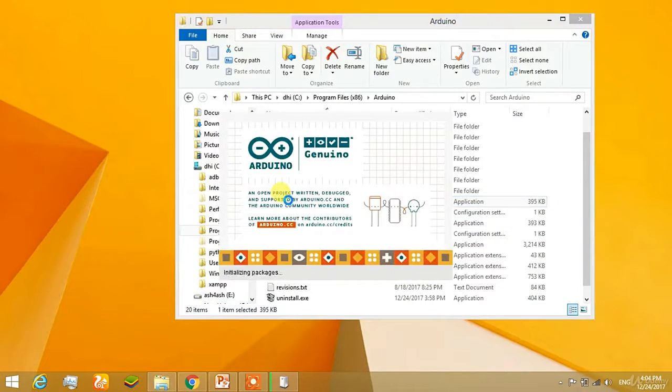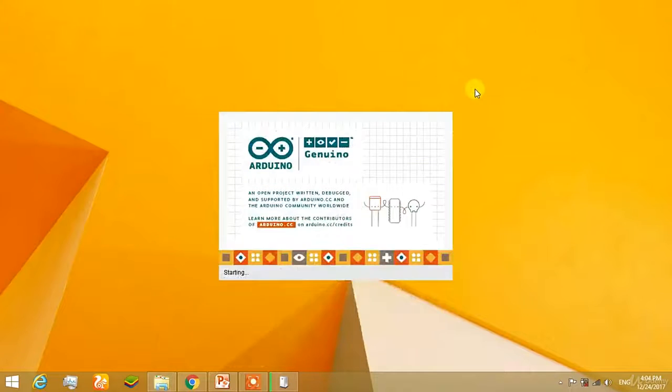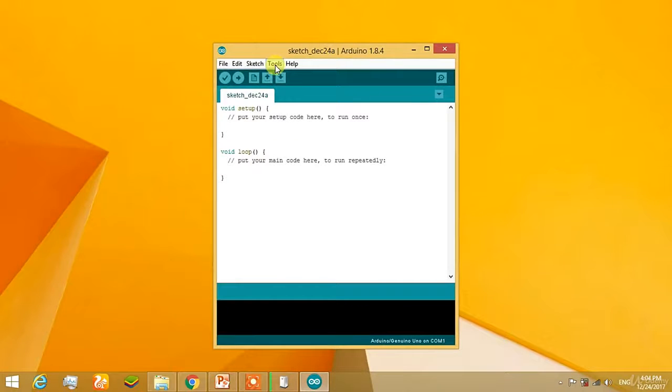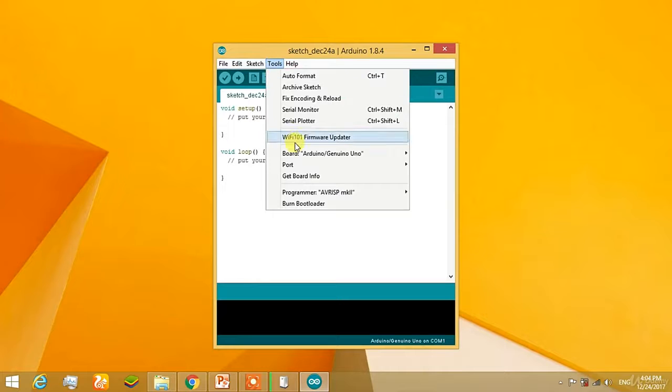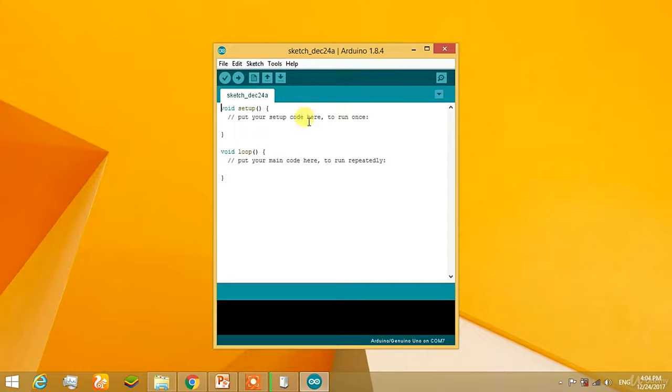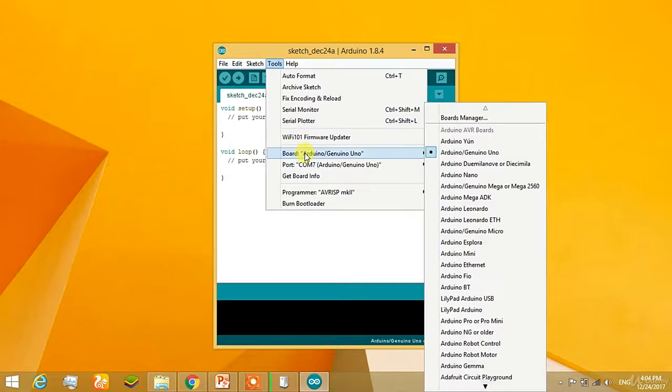You can see the icon on your desktop as Arduino, it's going to open, and then click on Tools. After clicking on Tools, you can get the ports in detail, and you can see this port is written COM port 7, that is Arduino Uno or Arduino Genuino. Click on that. After clicking on that, you have to set the board.